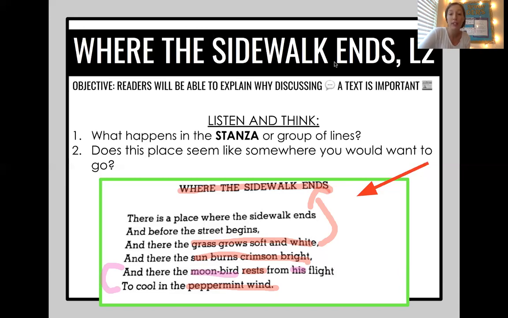There, the sun burns crimson bright, which means the sun is in the sky and it's super bright. It tells us about what? It tells us what it looks like. We know that it's also a place where the bird goes to rest in the wind. So that's also highlighted in red. So we already are learning so much more about this poem. Take a second to think about, well, what is the who in this stanza and what is the what in this stanza? How has talking about these things and how has taking the time to think about these things helped you understand the poem better?